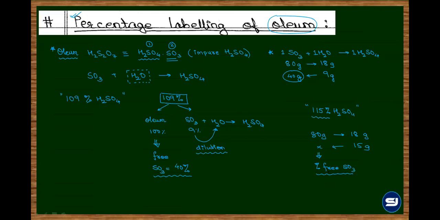समझा? Yes, sir. Question comes as: 109% of H2SO4 contains what percent free SO3? So the shortcut trick is whatever is in excess of 100%, that is the amount of water which is required to convert the SO3 into the H2SO4. So that much amount of the SO3 would have been present in the oleum. So अगर 100% oleum लेते हैं तो उस oleum में यहाँ पे actually 60% of sulfuric acid present था and 40% तो SO3 था ना?